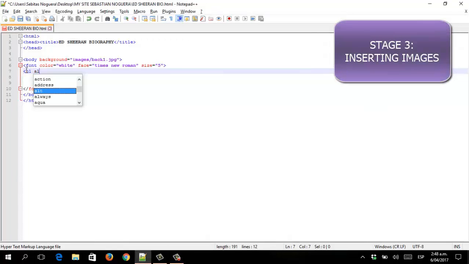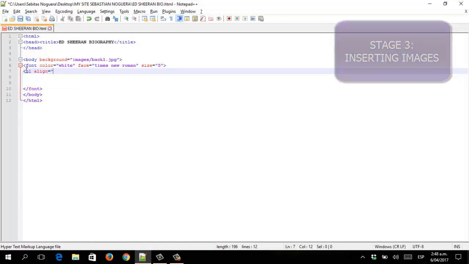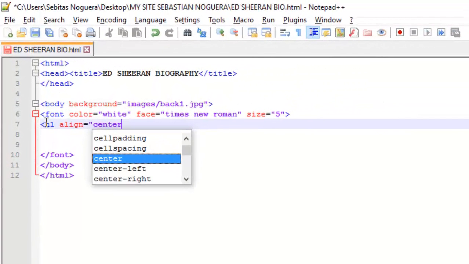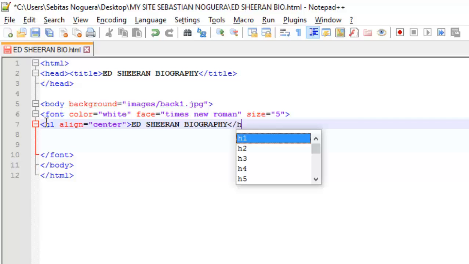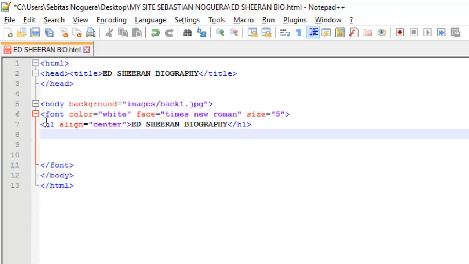Now, for this stage, we are going to learn how to insert images. First of all, I'm going to start with the title. I'm going to select the H1 heading tag, the align attribute in the center, and my title will be Ed Sheeran Biography. Okay, I'm going to close the H1 heading tag,